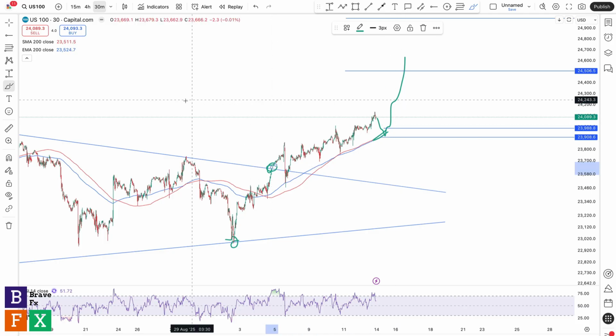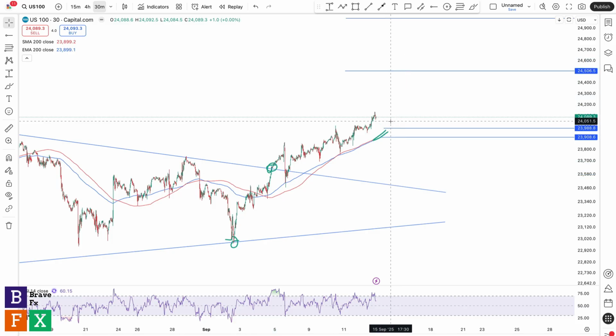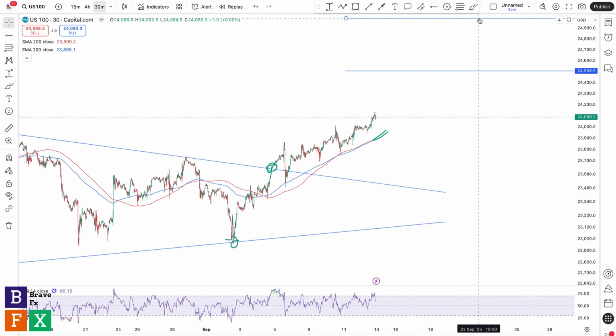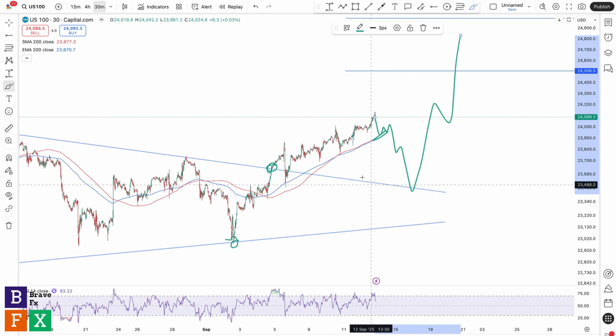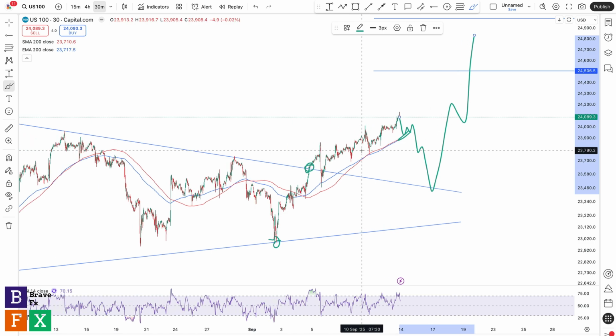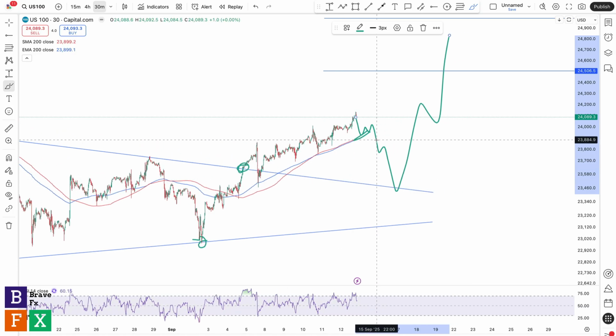But alternatively, where things start to look funny would be if price comes into the moving average, consolidates a little, then gets a bearish breakout to the downside. This is going to be an unrealistic move because interest rate cuts simply mean price tends to go higher, right? So that's why I think just before we get the interest rate cuts, there's a good chance we tap into the moving average on the 30 minutes time frame, then bounce higher as the